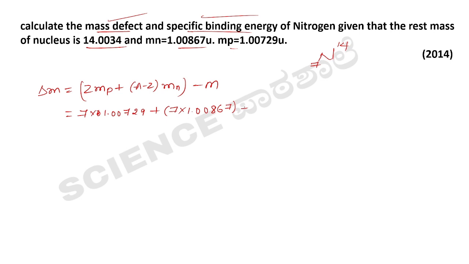1.00867 minus... how much have they given? 14.0034. They have given 14.0034. Yes, 34. Now if you do this, you will get